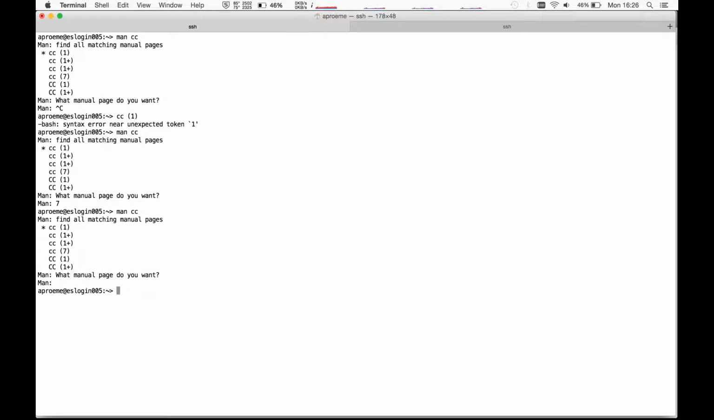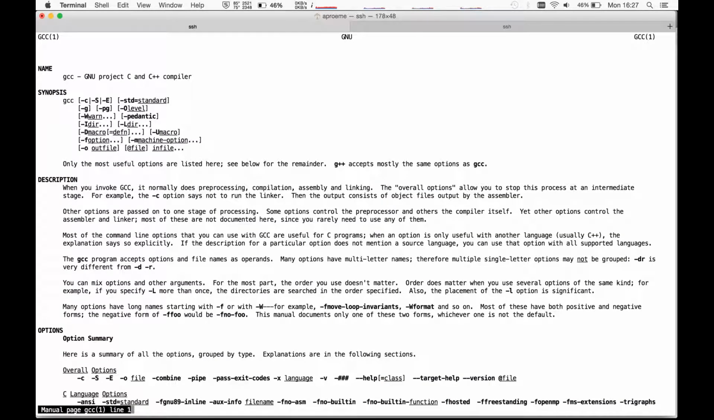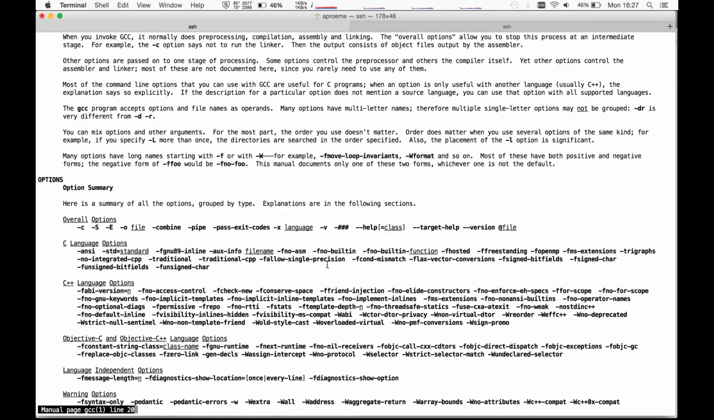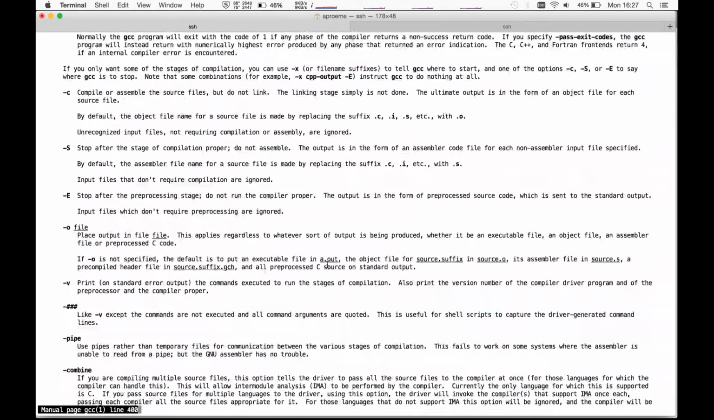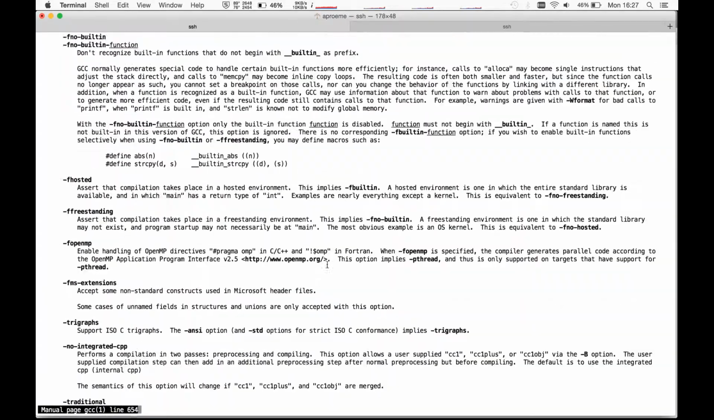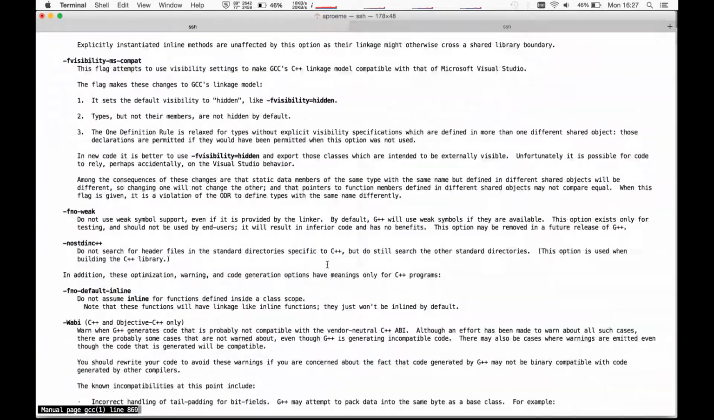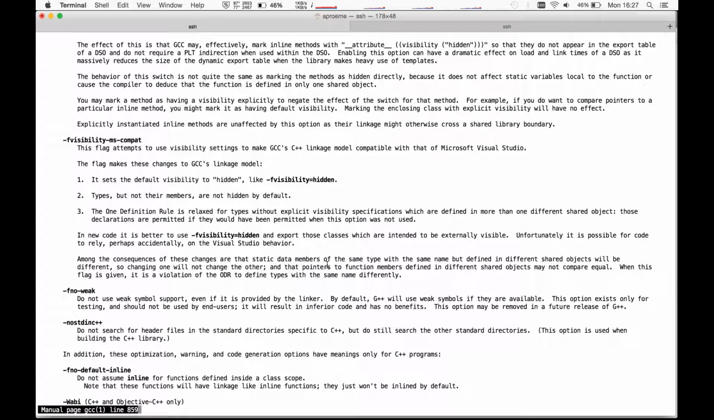Now I can also look at the man page directly for one of the underlying compilers, for example GCC. This gives us a big list of options, a massive list of options for GCC. And again, we can search through this to find out what particular options do. For example, if we're interested in what a particular optimization level does, we can do